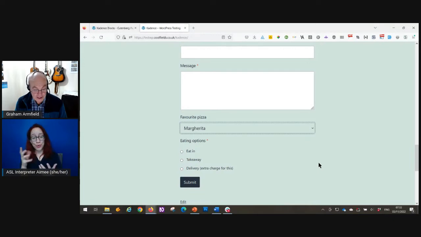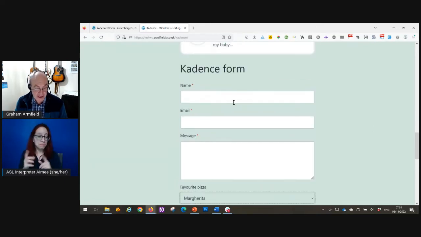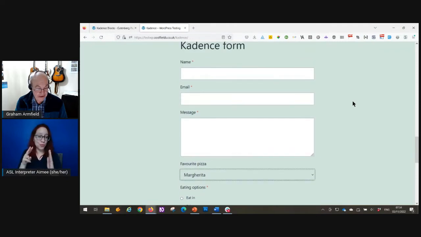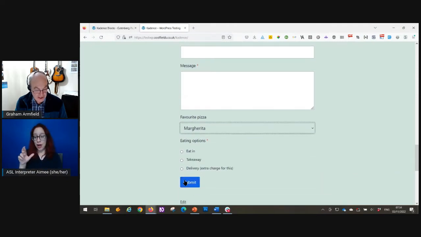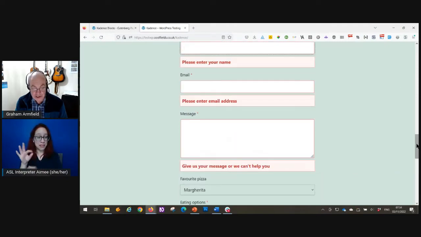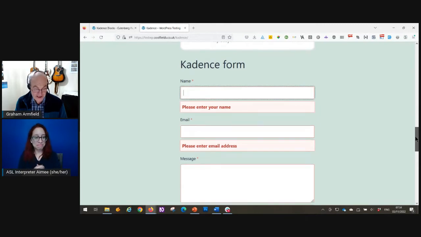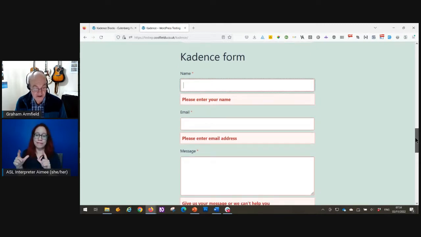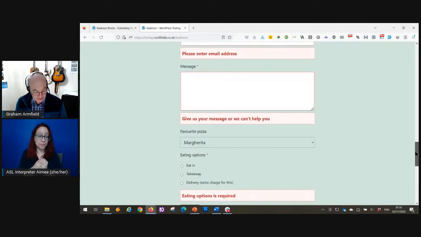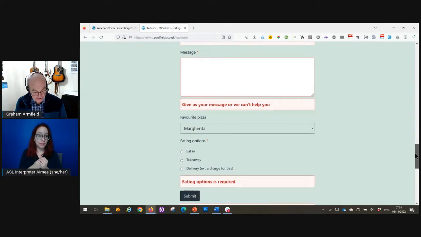Otherwise, this form is very good, because if I submit this form, having indicated that these fields are all mandatory, and it could be slightly better from a screen reader user perspective if they used ARIA required on there. If I submit the form, it produces appropriate error messages, and these are all accessible as well to a screen reader. So that is really, really good. So yeah, that's nice.